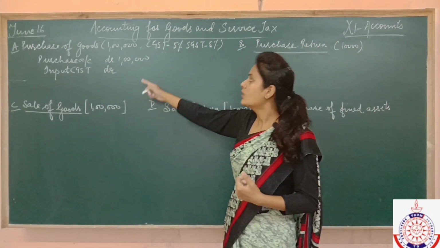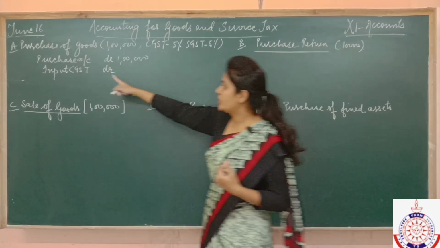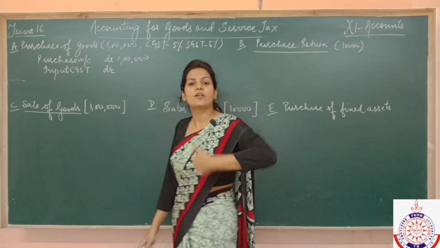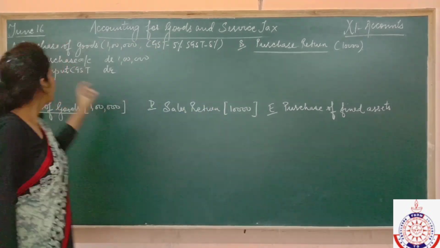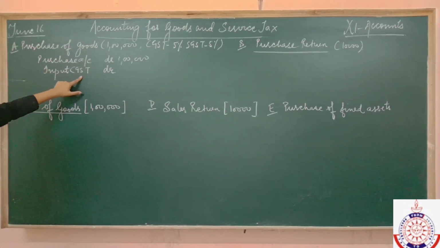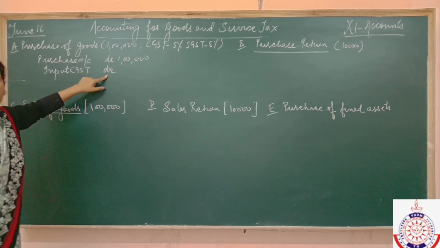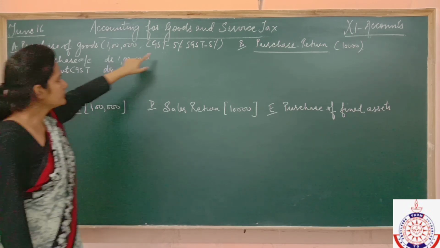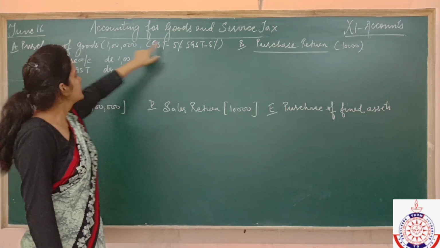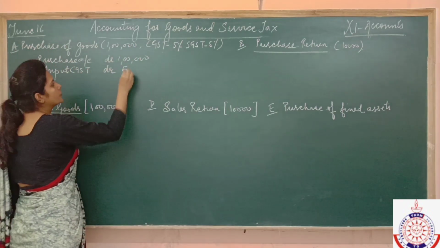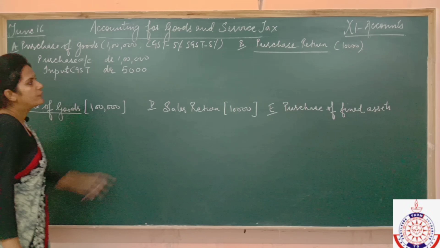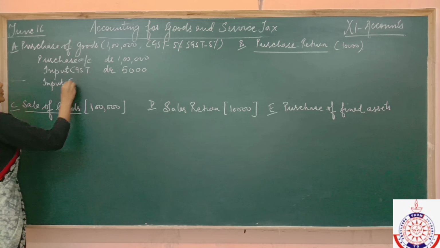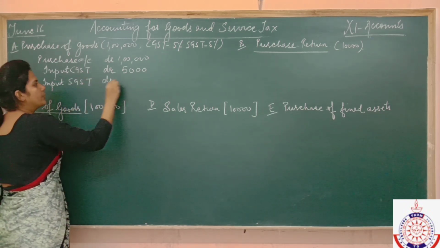So in this case also, even if our business is paying GST now, sooner or later we are also going to recover this CGST or GST from our customers. That's why we are using the word input here, and this input GST has been debited because it is an asset for us and all assets have debit balances. Now CGST is 5%, so 5% of 1 lakh is 5,000. Now we have to pay SGST also, so SGST will also be debited. Input SGST debited 5,000.